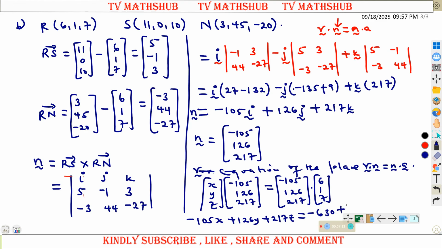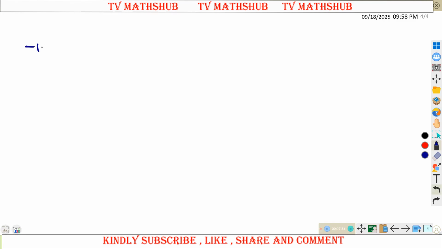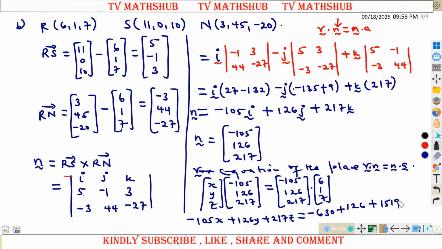105 times 6, that will give us -630. We shall be adding there 126. We shall be adding there 1519. So that is basically what we are having. So we need to simplify this and get the equation of the plane. So we are having -105x plus 126y, then plus 217z, which will be equal to, so we need to simplify this. When we get this, it will be able to give us